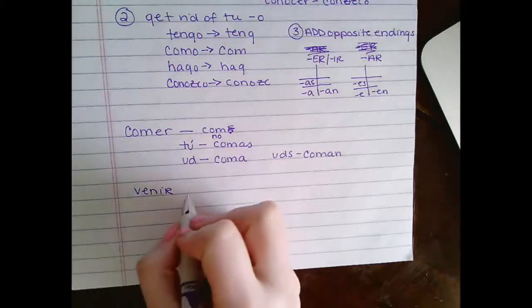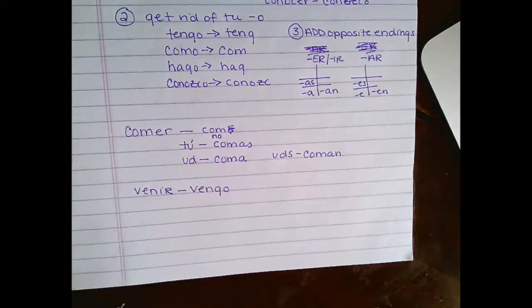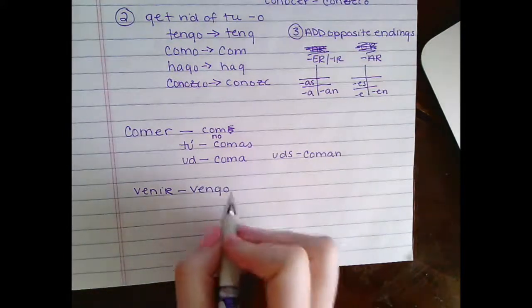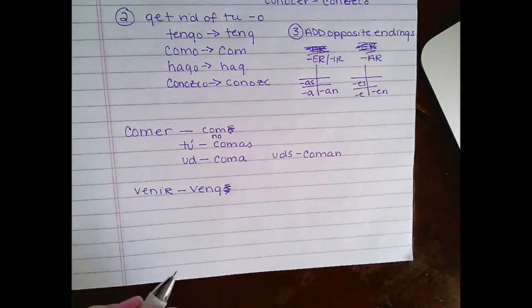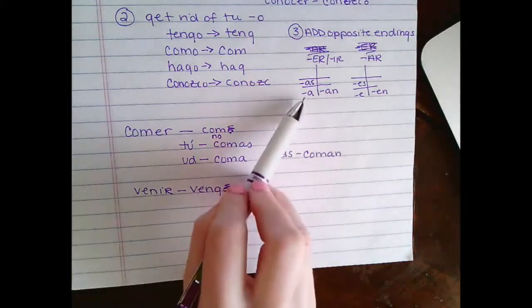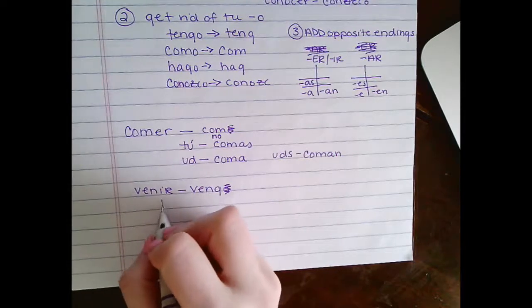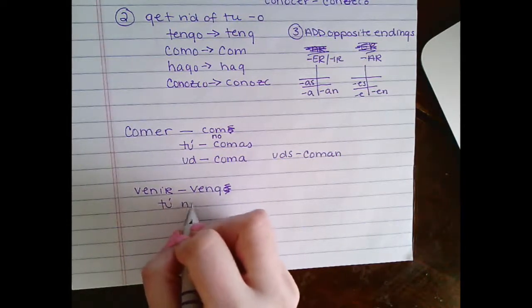Venir means to come, so the yo form of venir is vengo in the present indicative. So we follow our second step: we drop the O, and we're going to add opposite endings. So it is an ER-IR verb, so we're going to use these traditional AR endings. So for our tú form, we're going to have, remember our no,